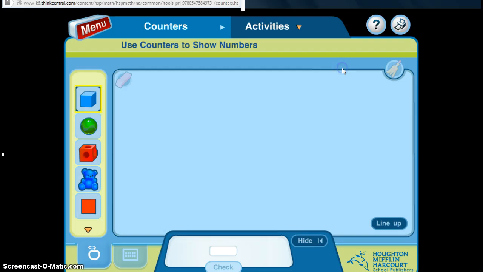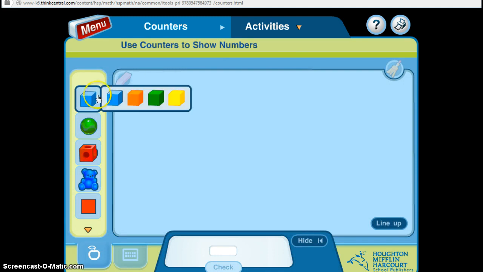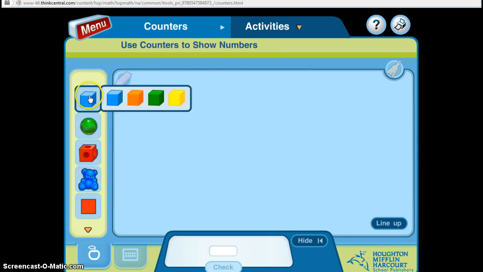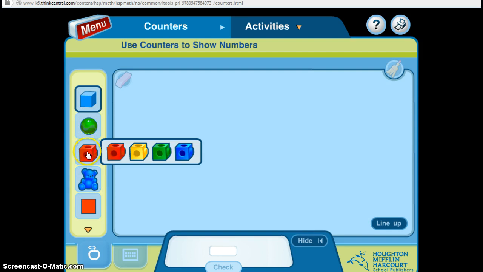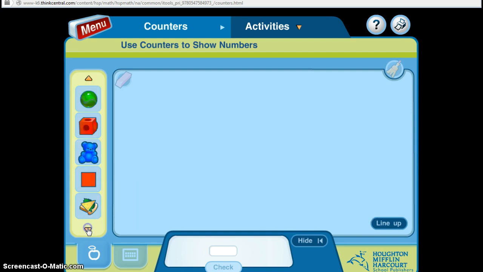Okay, so here is my iTools for counters. As you can see, there are different things I can do with my counters. I can just simply count them. So that's what I'm going to start with. What I can do is each of these are the manipulatives that you can choose to use. There are blocks, marbles, cubes, teddy bears, shapes, and more,